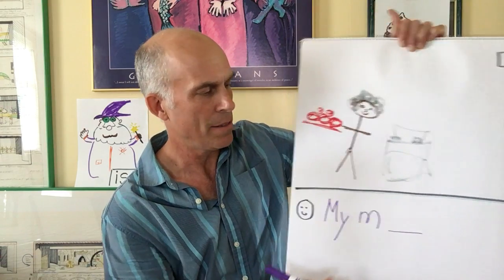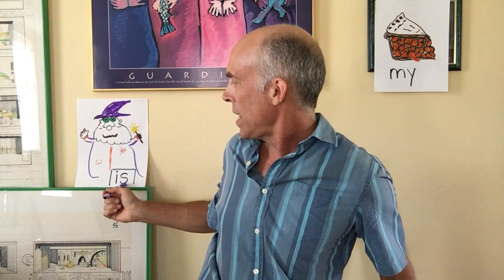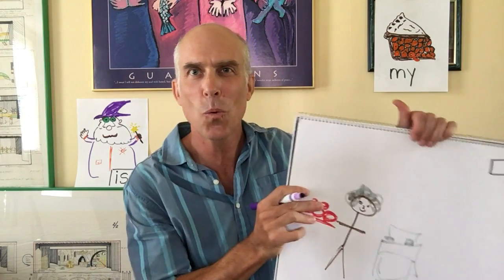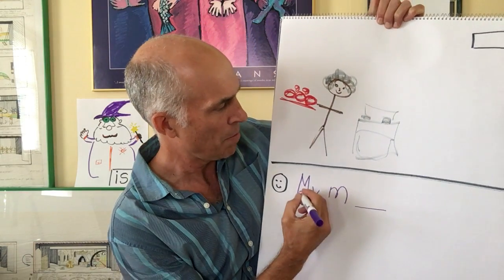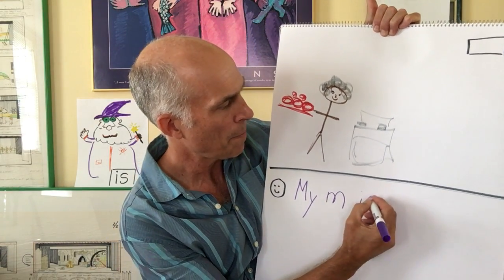My mom is. Well, I also know that in my room is the Wiz of IS. He's right here. Here's the guy. He's a Wiz, and he stands for is. I-S. The Wiz of IS. So I can use the Wiz of IS to spell my next word. My mom is